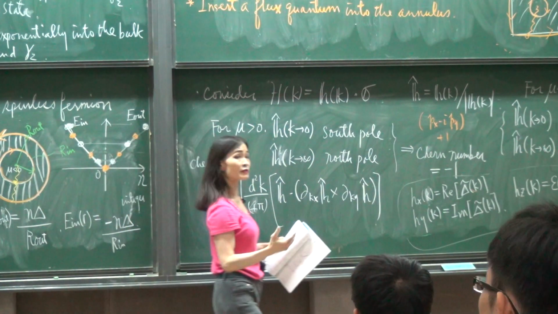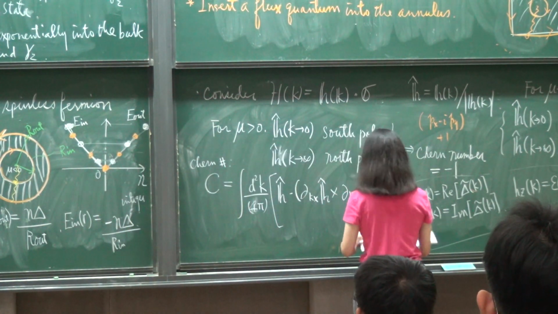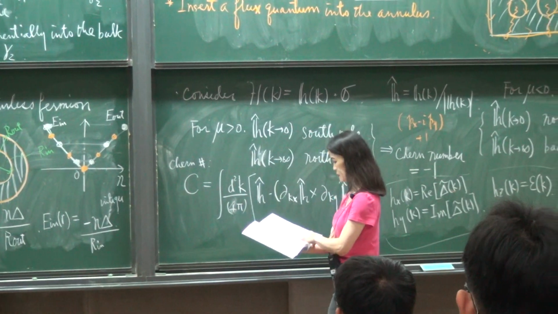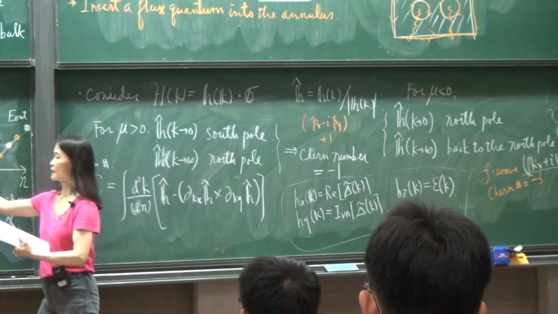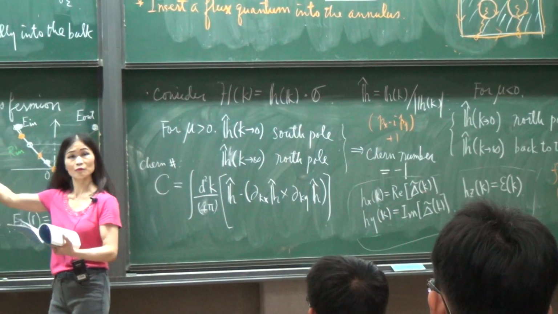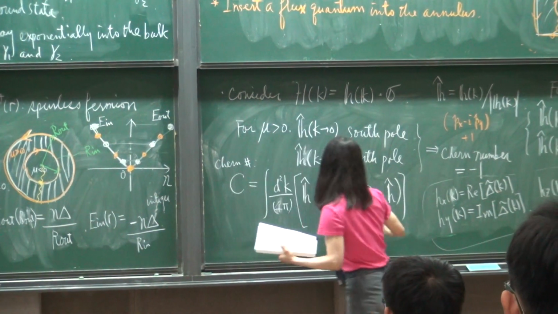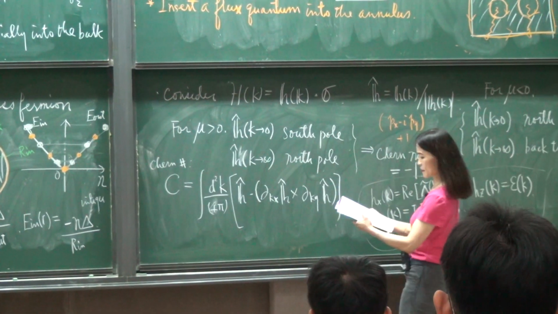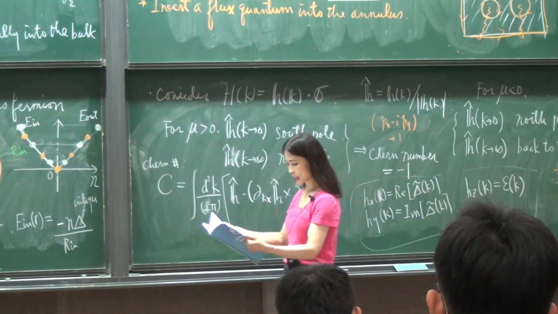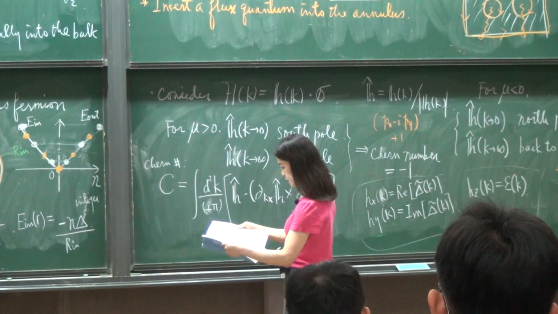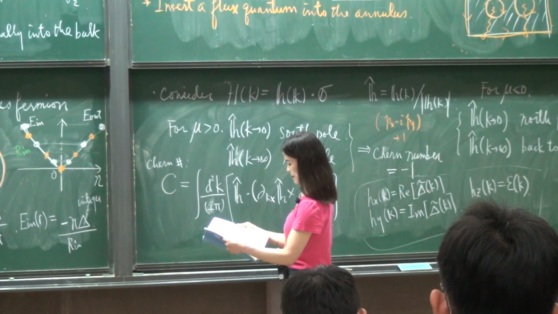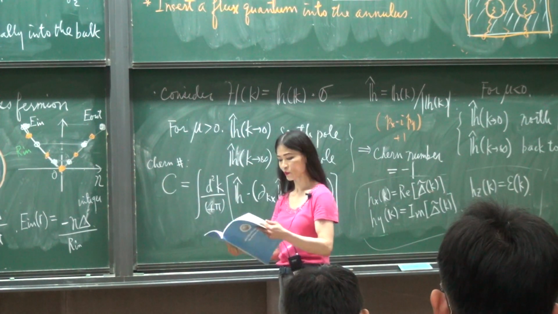So you can imagine that if you apply a magnetic field to a topological superconductor, you can have a similar situation like this, except now you have one flux quantum. So it will be a situation like what we have described there. So I have told you two cases. It turns out that, okay, I think I have a case 3.